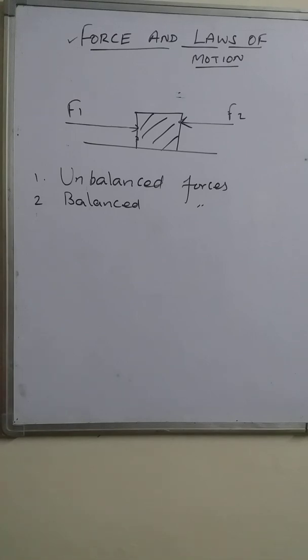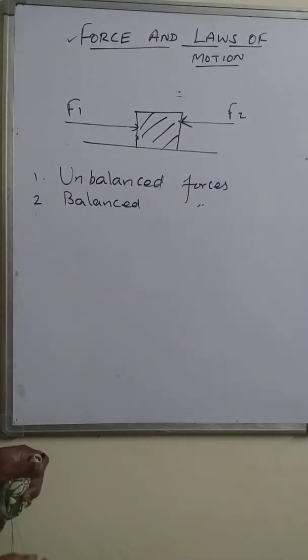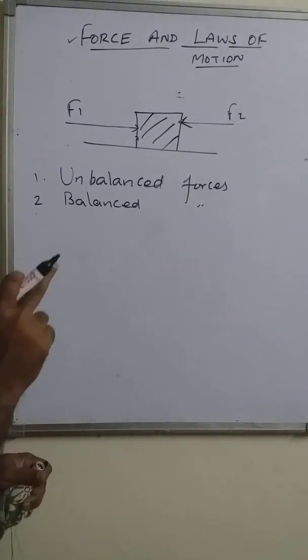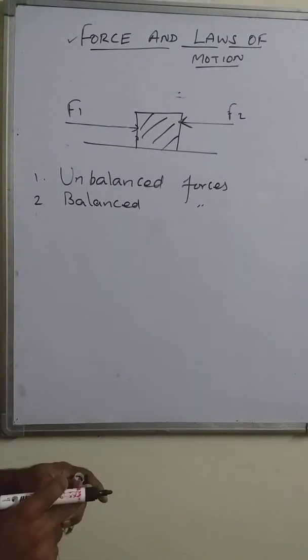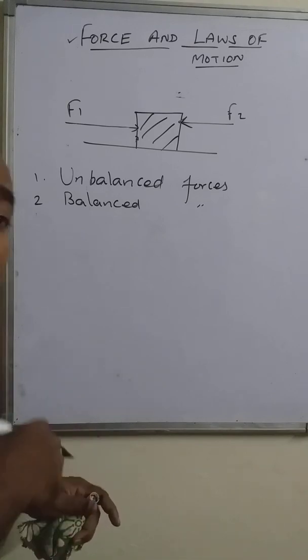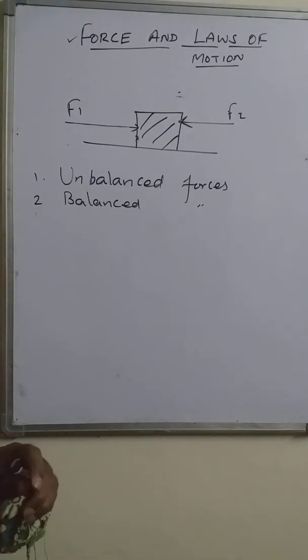They may be applied from the same direction, but here we are taking that they are applied in the opposite direction. If these two forces are applied on the same object in the opposite direction, then the resultant of these two